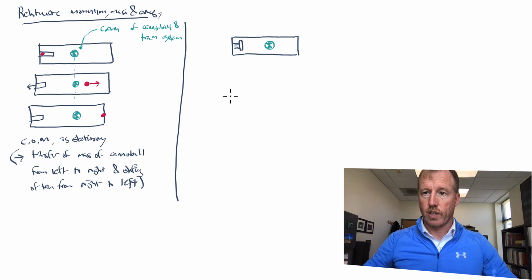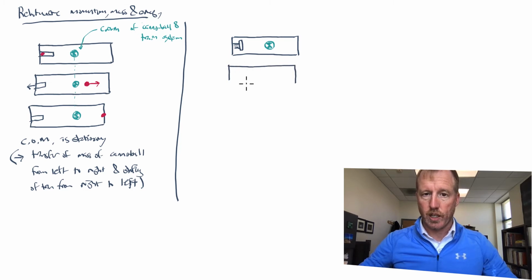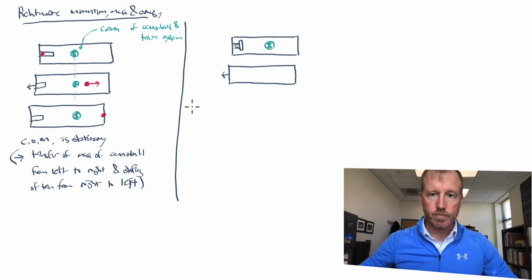And as a result, because it's got momentum moving to the right, that means that the train, once again, suffers a recoil and moves a little bit to the left. So it starts moving to the left, just like when the cannonball was fired. Of course, it's going to be a very minuscule effect, but nonetheless, it does start moving to the left just a bit. Okay? And this light flash is moving to the right.